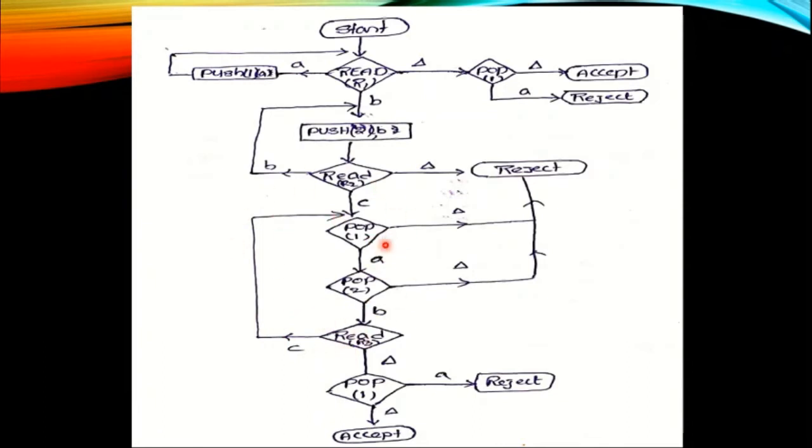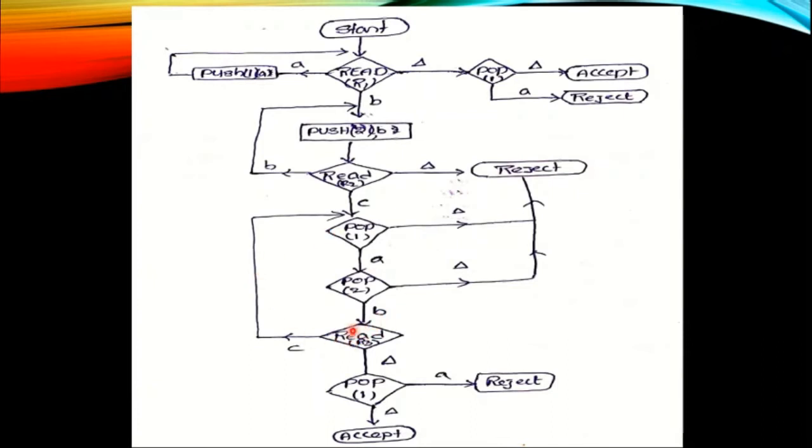In this process, whenever we are performing the pop operation, in case the top of the stack is del, after popping the A or the B, whenever the input is C and the top of the stack is empty, then it is not accepted, that means it will be rejected. Why? Because the input is C and the top of the stack is empty, which means the number of A's or B's is less than the number of C's. That's why.